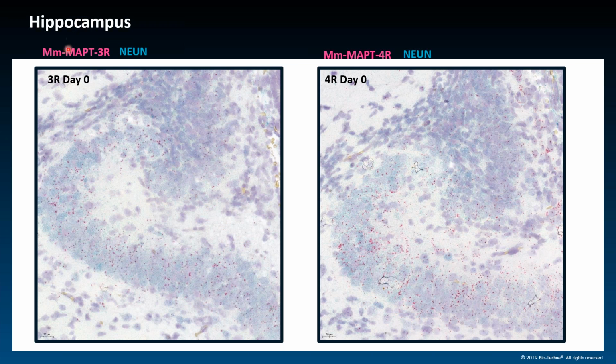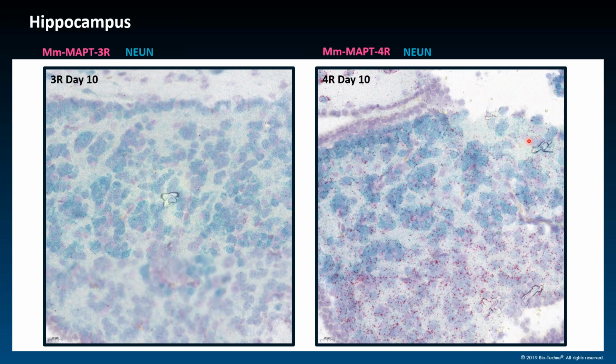Here I have compared the hippocampus area of the mouse, and we've compared day 0 of development, looking at the expression of the 3R and 4R variant side by side. Again, the expression seems comparable between these two splice variants at day 0. Now, as we go ahead in the developmental stage at day 10, as we saw before, even in the hippocampus,